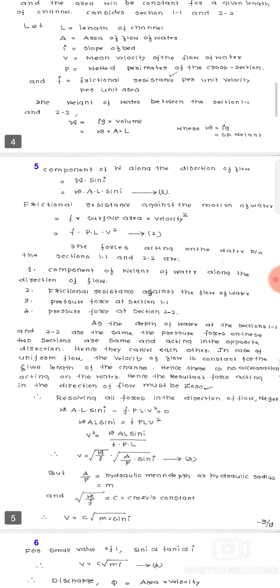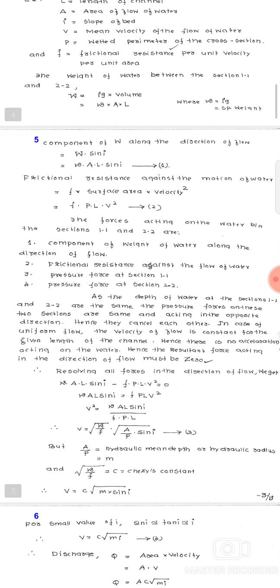Then, resolving all the forces, instead of 4 forces there will be only 2: the component of the weight of water along the direction of flow, and the frictional resistance opposing the flow of water. So now if you resolve all the forces,